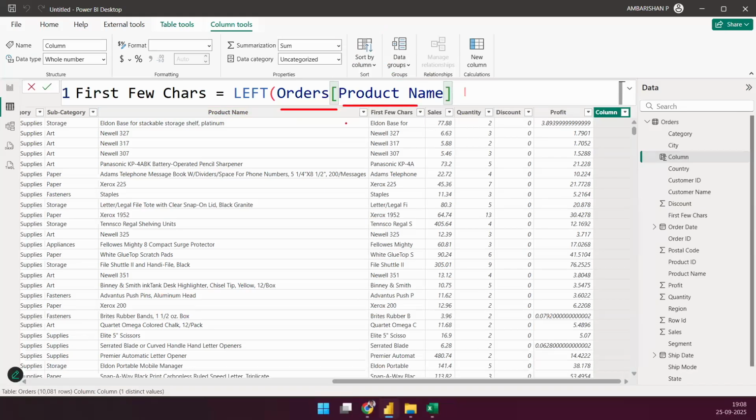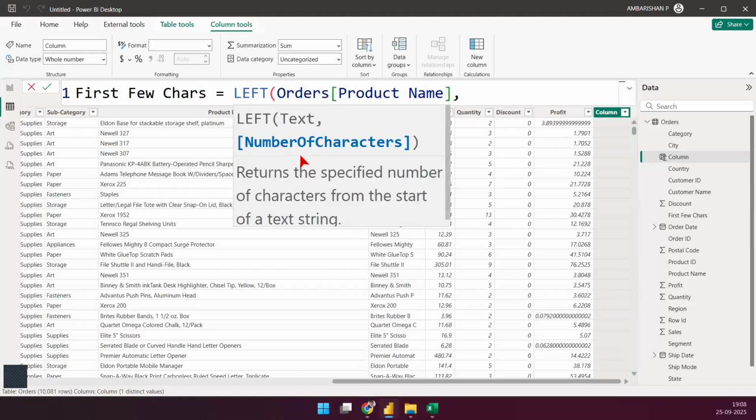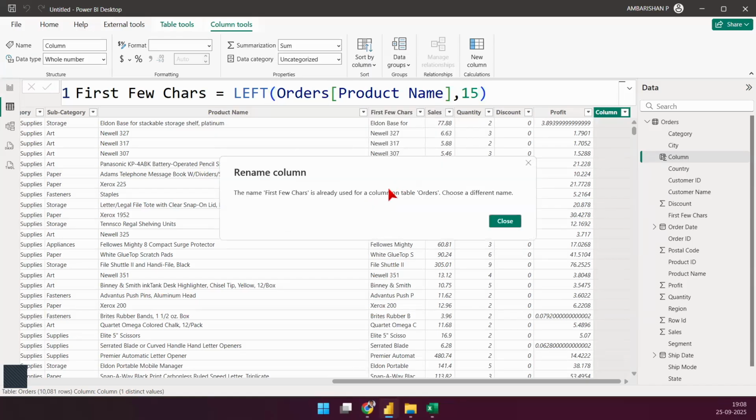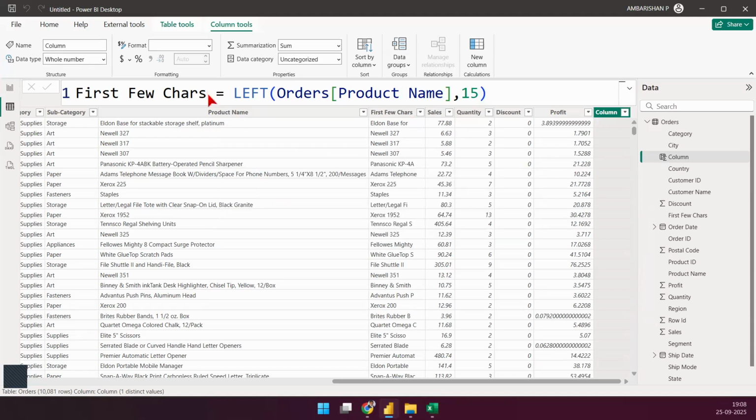Okay, good. Let's put a comma, and that should give me another parameter to insert. So what do we want? We want 15 characters out of it. So I'm just going to say 15 there, close my bracket here, hit enter, that's it. Okay, so that already exists. Okay, probably I just brought that there. So I'm just going to say 2, and that's all. So that's all the change